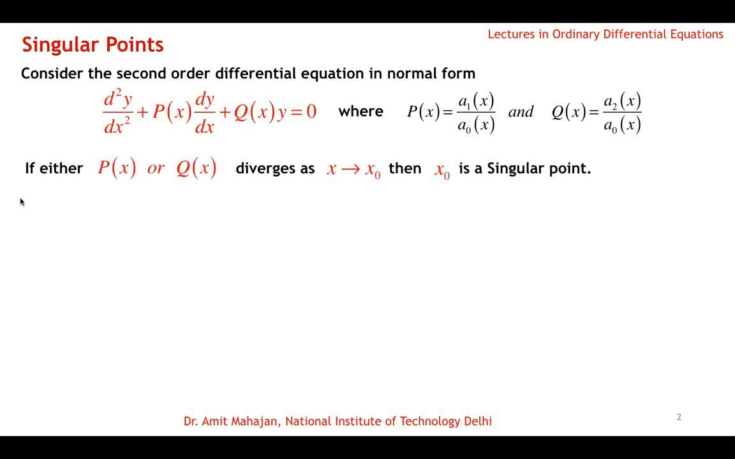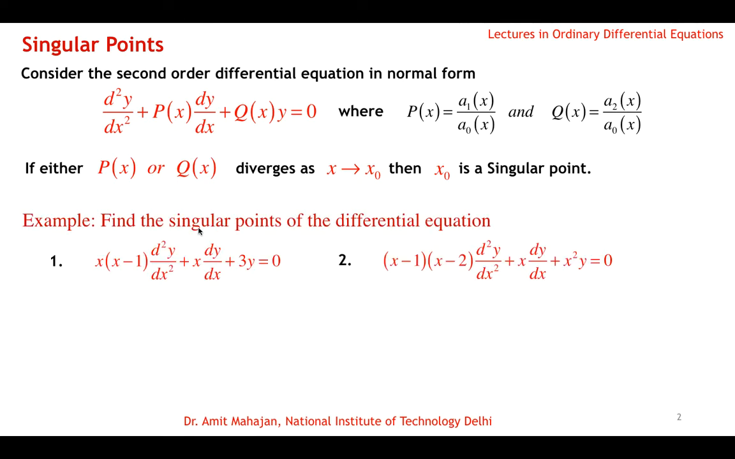if either this p function or the q function diverges when x approaches x naught, then x naught is a singular point. Okay, so any point is said to be singular if at that point either p or the q diverges. Say, for example, find the singular points of the differential equation, and we are considering two